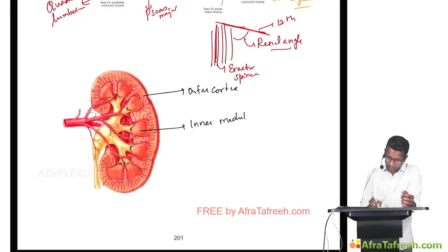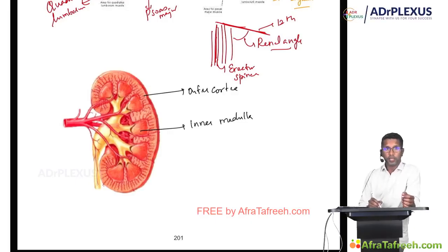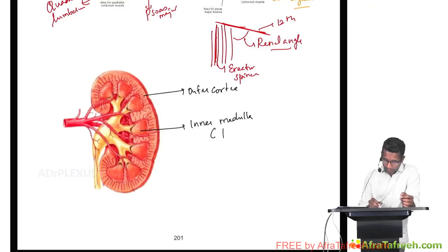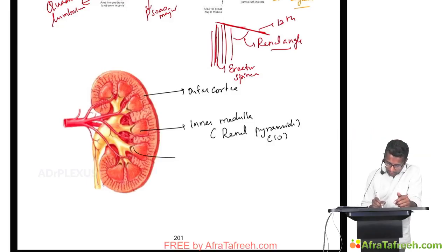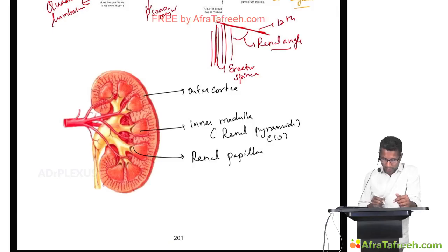This inner medulla is thrown into a number of conical projections called the renal pyramids. The inner medulla contains approximately 10 renal pyramids. These renal pyramids narrow down to form an apical projection called the renal papillae, and these renal papillae open into cup-like cavities called